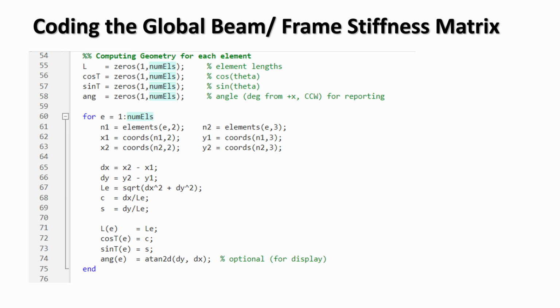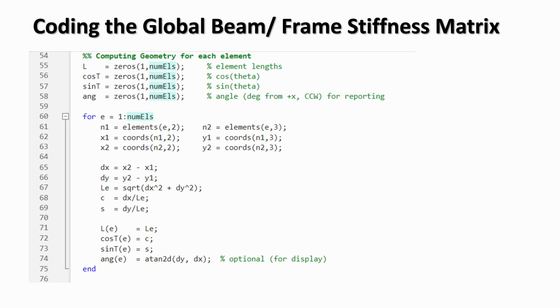The direction cosines c and s are then just the ratios of differences to the length. So c, the cosine, equals delta x over L, and s, the sine, equals delta y over L. These describe the orientation of the element in space. Finally, we store the computed length and orientation for the current element in the arrays. The optional atan2d command gives the angle in degrees measured counterclockwise from the positive x-axis, which can be useful for